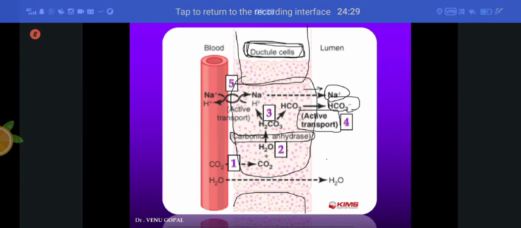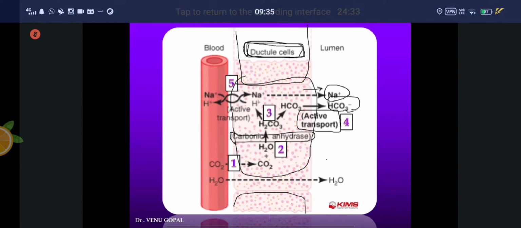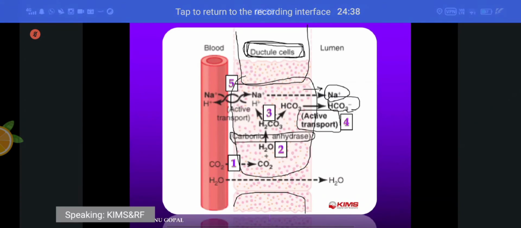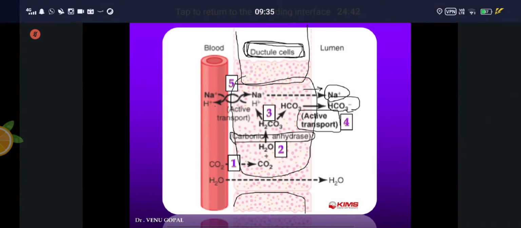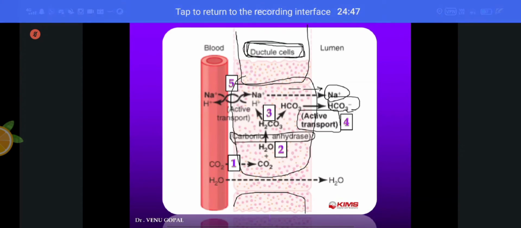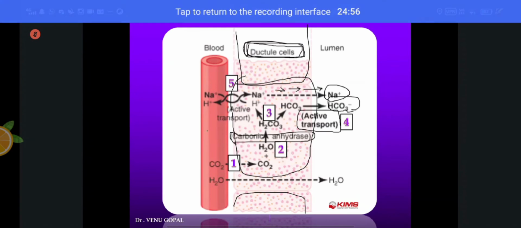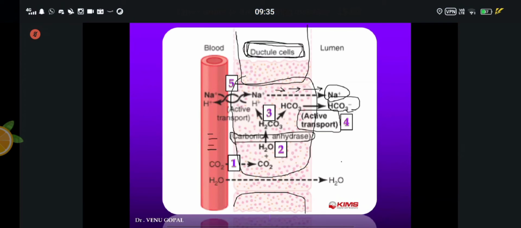Then the fifth one, on the opposite side, we have the sodium H+ bound transport, or secondary active transport, where H+ is pumped out, which is released by the action of carbonic anhydrase, that is pumped into the blood, and sodium is taken in. Sodium ultimately goes out into the lumen by diffusion, dotted arrows. Here H+ enters the blood, which is neutralized by the bicarbonate buffer in the blood. Okay. So that is the fifth step.